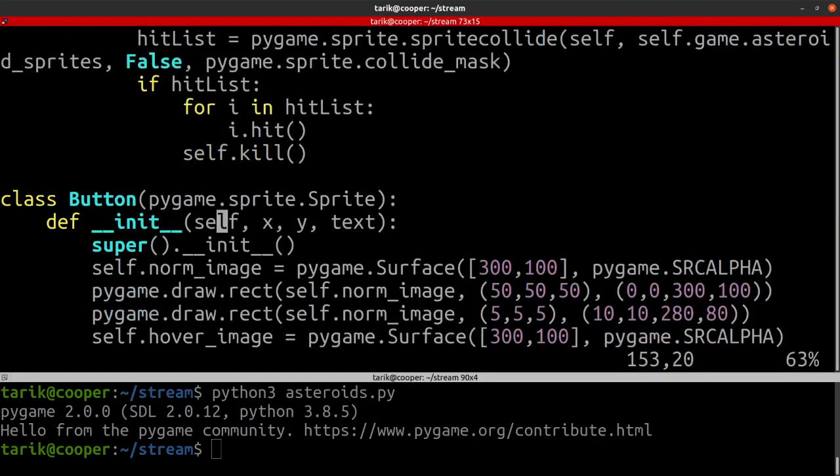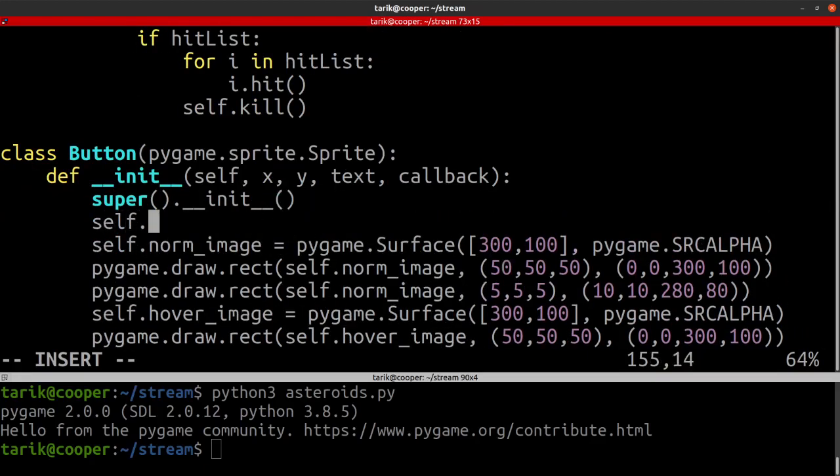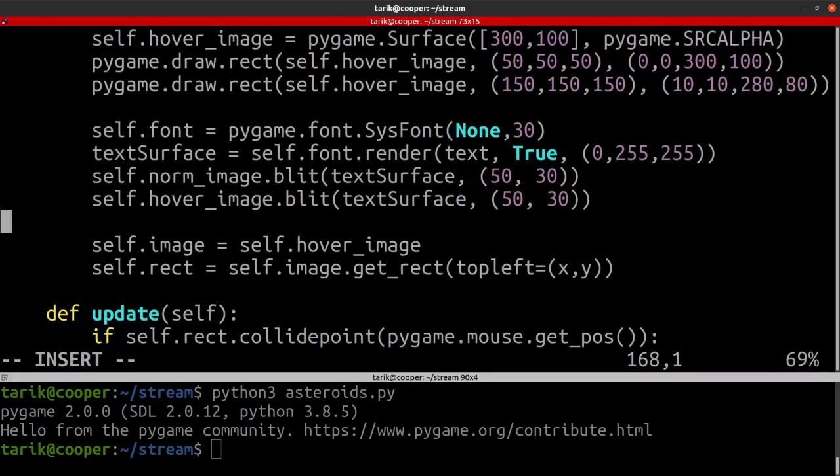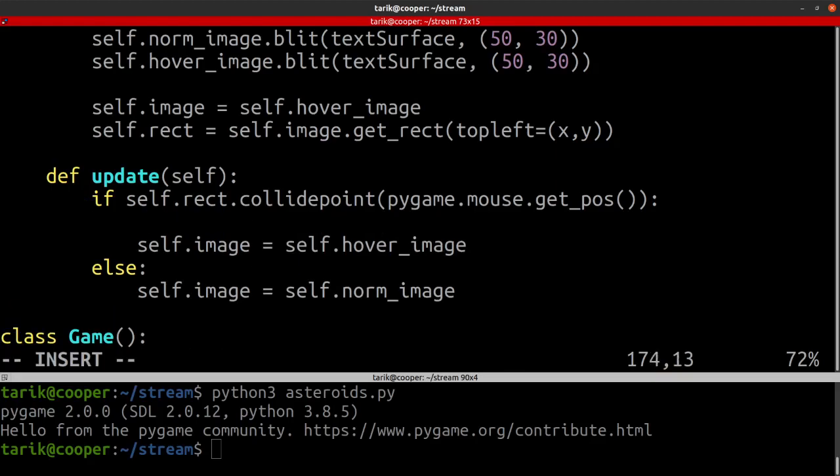And so obviously we need to capture it, and callback tends to be the term we use. This shouldn't be anything new. So we're just storing it as a callback. Now, when we've actually got a click, so we're only going to get a click when the mouse is over the object, we can say if it's pressed, specifically the left mouse button,